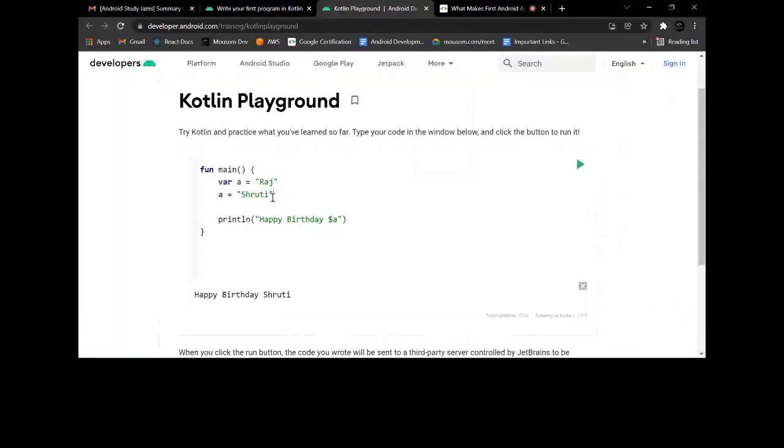If I have to store any kind of numerical value, we can also do that. Let me do that real quick. So a equals 10 and b equals, let's say, 20, and I will do the sum of the following, A and B.